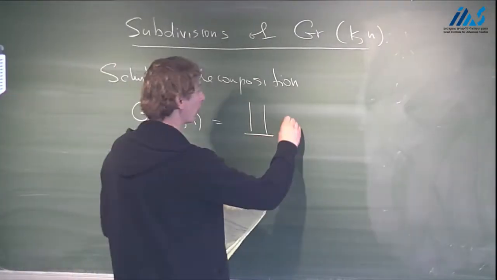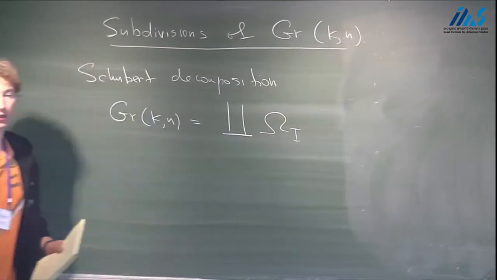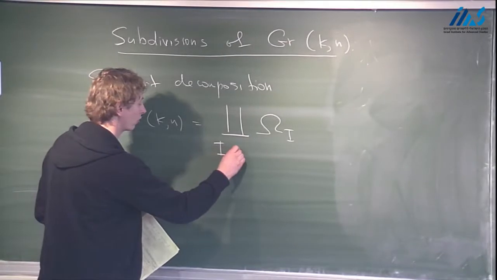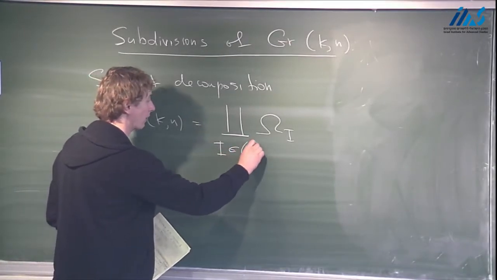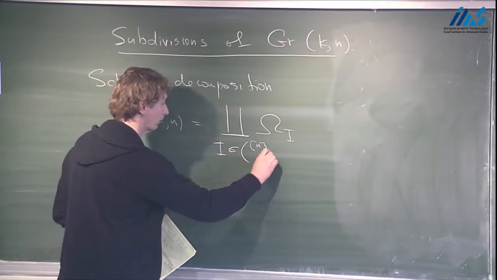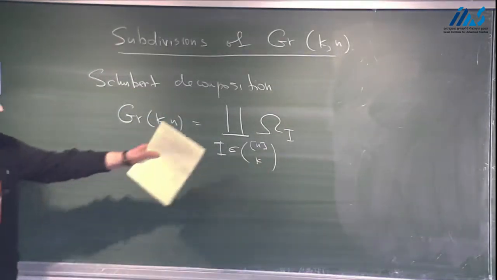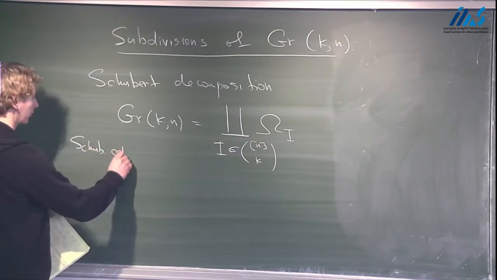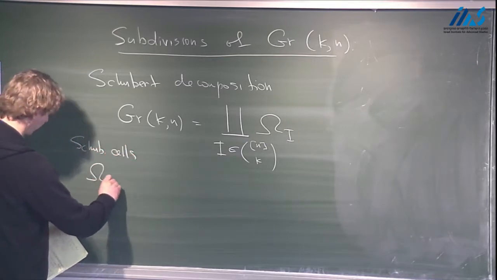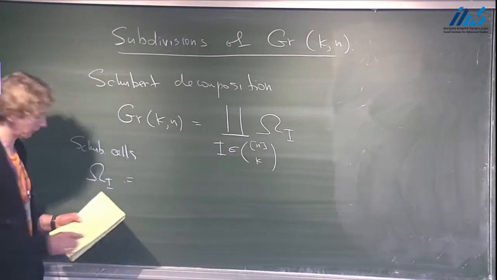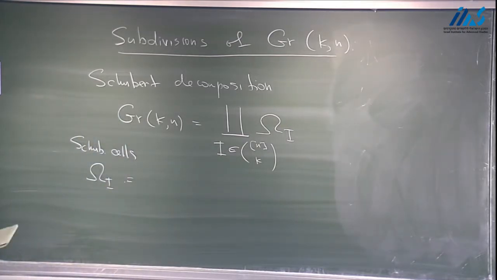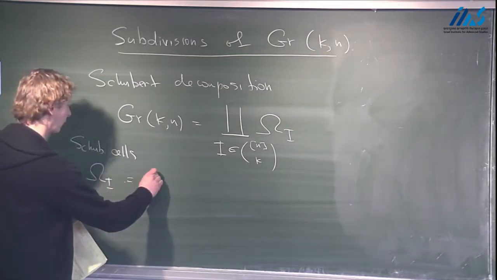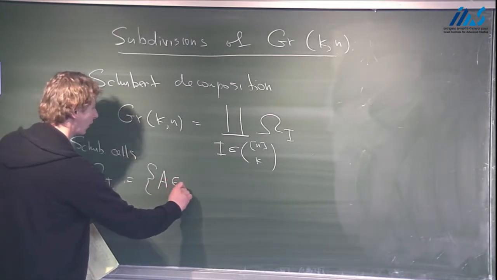Let me denote them by omega I. And here I is again going to be the same capital I as in the previous lecture, so it runs over all k element subsets of numbers from 1 up to n. And these Schubert cells, well, there are many ways to define them, but let me define them using the notation that we introduced last time, using Plucker coordinates. So you can define them as the set of all points in the Grassmannian